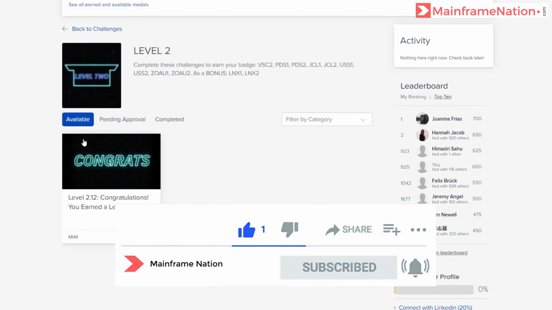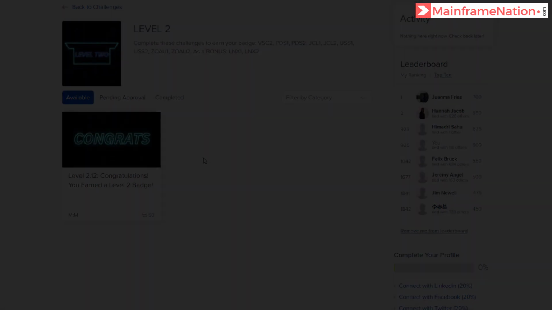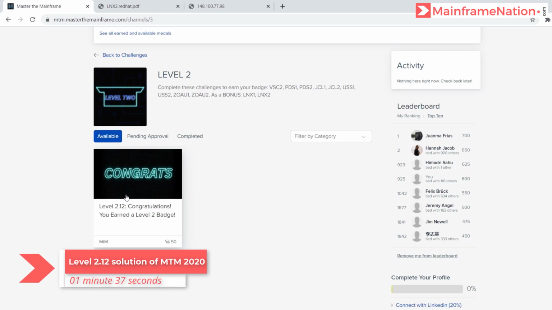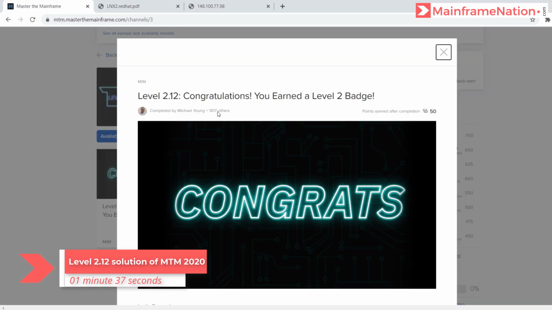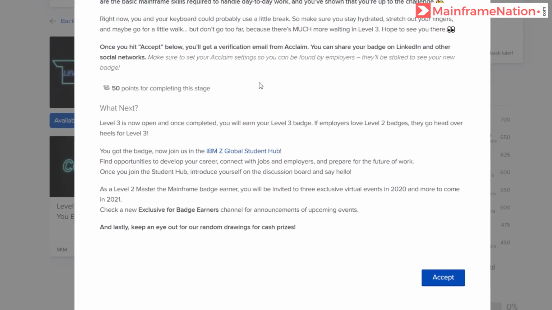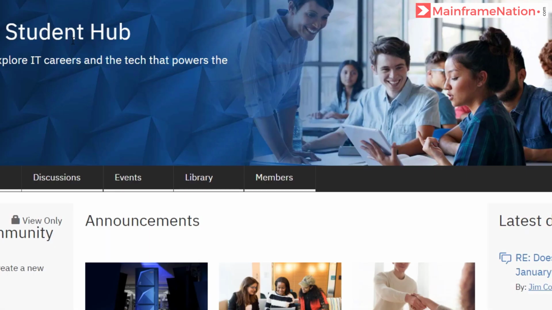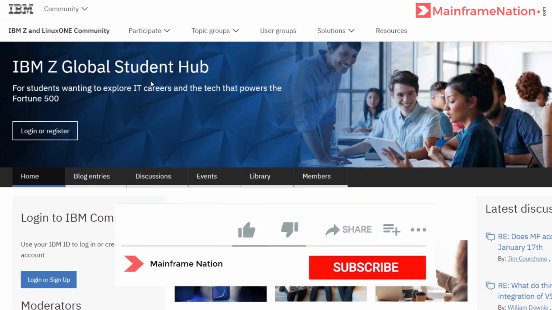And you can see all the level 2 challenges are complete except 2.12, which is only congrats. In this video I'll show you how to complete level 2. Just click on level 2.12. You have earned a level 2 badge. Only 1600 students have completed it. Just go down and you will see a link here, IBM Z Global Student Hub. So go there and register. This is the IBM Z Student Hub.